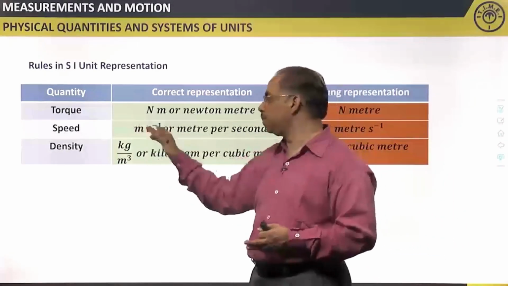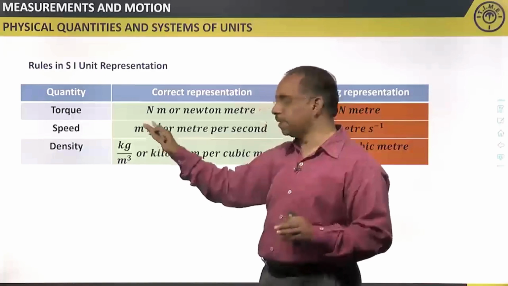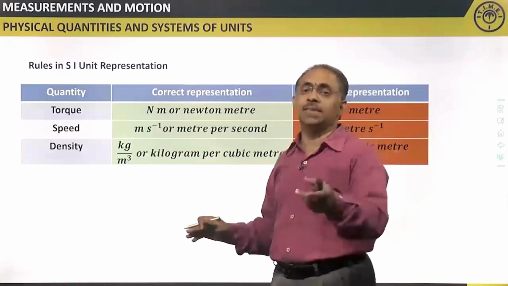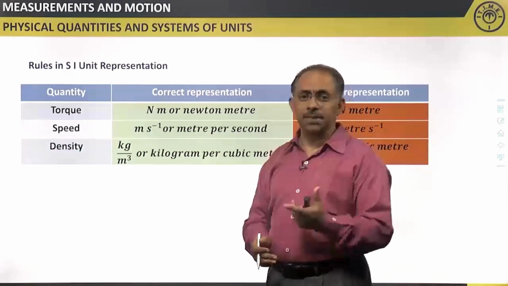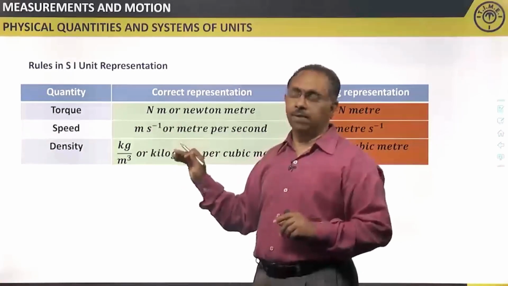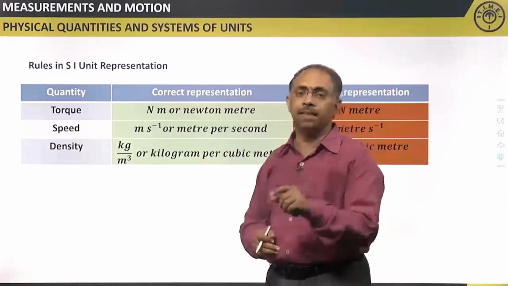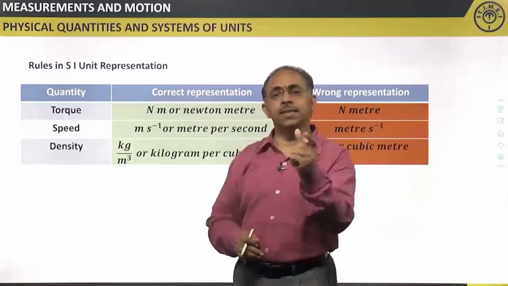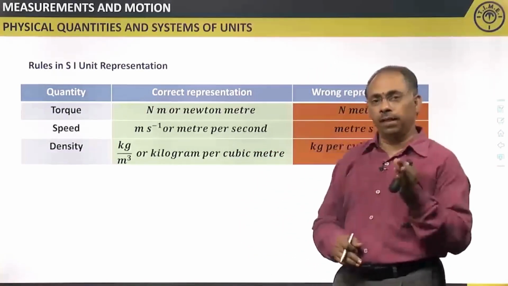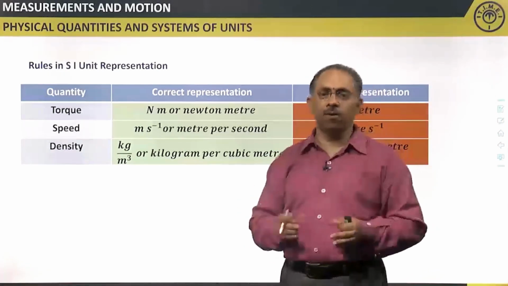Similarly, speed is length by time, not mass by time, that was a mistake. Speed is distance by time, and distance is basically length. Time is again a fundamental quantity. So both the units involved here are fundamental. When you say torque, torque is force into distance. Distance is basically length, which is fundamental, but force is a derived physical quantity. So like that, I can have in a derived physical quantity one or